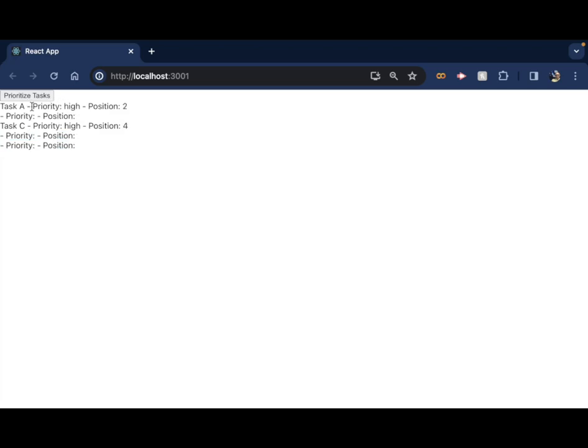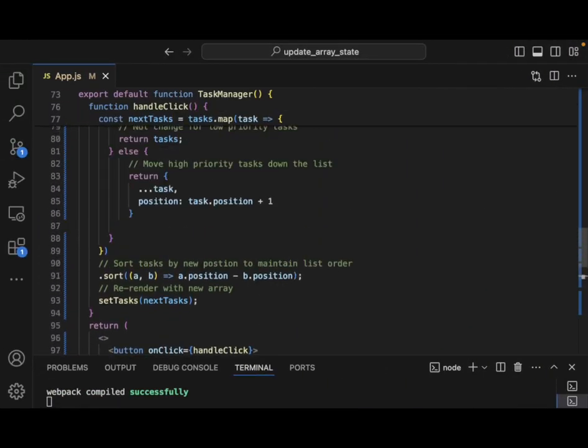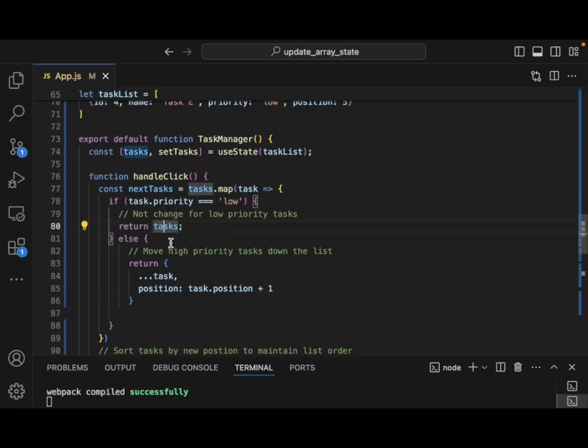I hit it once. All right. Priority high added, and then notice here our other tasks seem to have had a major issue. I hit it again, and we get NaN. All right, so it is when we are dealing with the low values that we're having an issue. So let's go on and find where that issue is residing. It probably has to do with our if statements here, okay? So the first thing is we want to double check if,